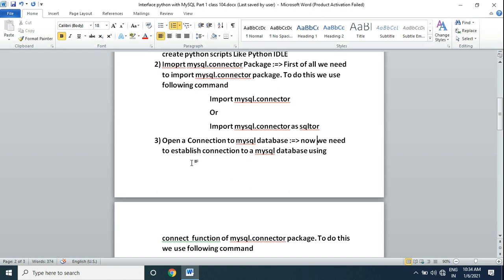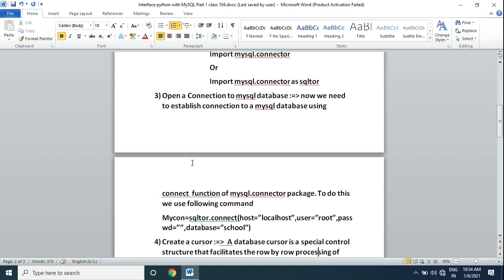Now third step is open a connection to MySQL database. After importing this particular package we need to establish connection to MySQL database using the connect function of the MySQL connector package.